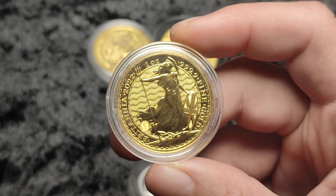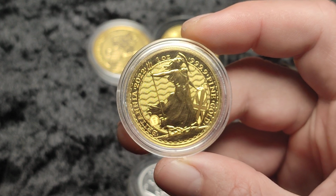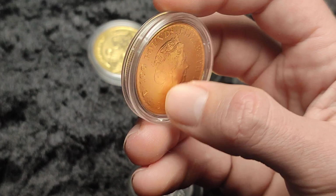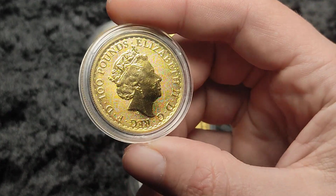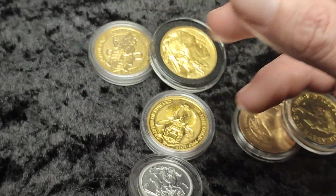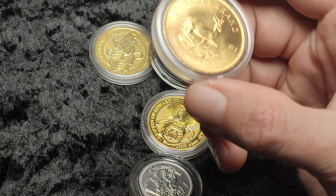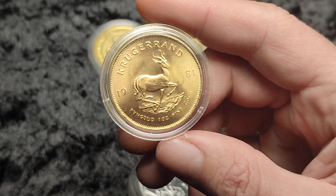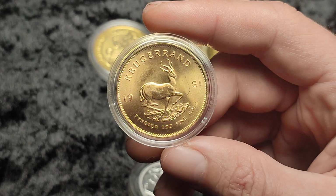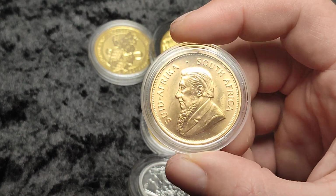It is a little bit like the Royal Arms design. It's different to the 2022 Sovereign, but yeah, it does look a bit busy, the design, and from what I've seen, just from people sharing them online so far, probably won't be, like I say, one I'll pick up in the proof, but I will probably look out for the bullion version if there is one, and pick one of those up. So that's the Memorial Sovereign, and then presumably there will be the standard 2023 Sovereign,